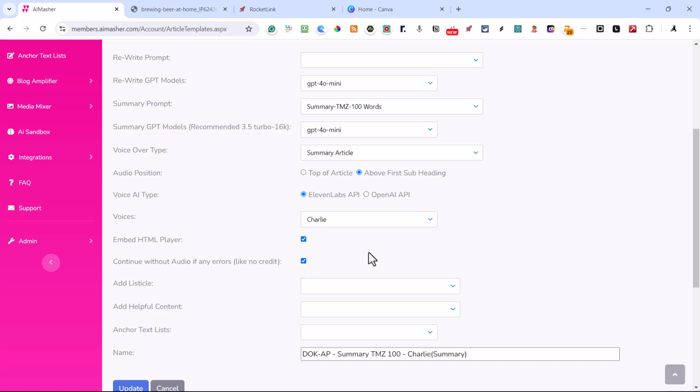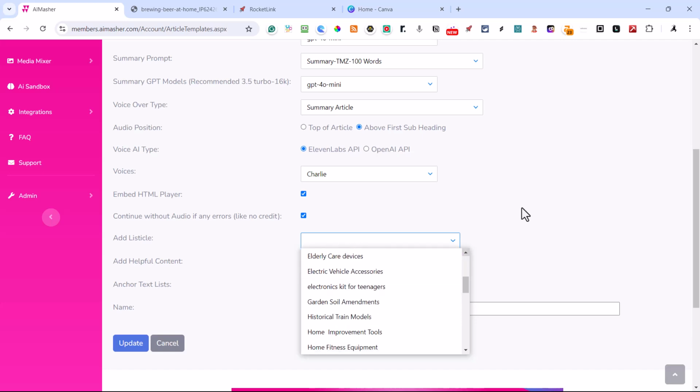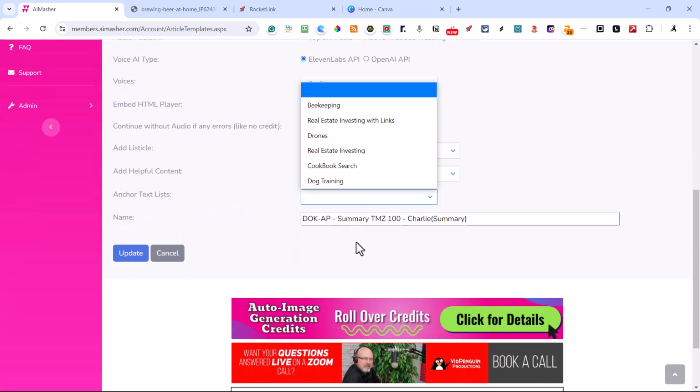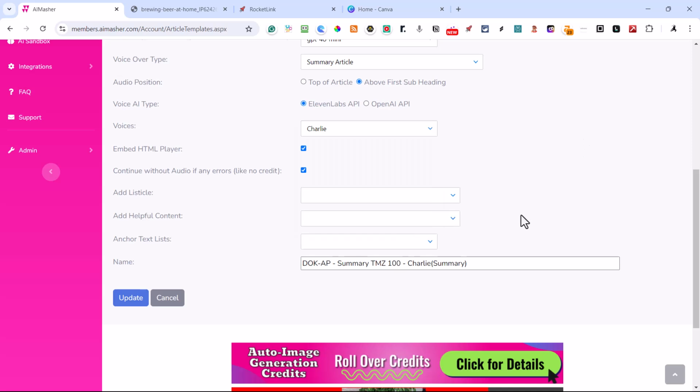We've had this happen. Okay, now this is where you can put in your listicle, and it would go at the bottom. You can put in helpful content. You can choose your anchor text list. You can see I've got dog training, cookbook search, drones, real estate investing. We've got a client that does real estate investing. Okay, so this is the name of it. We suggest the name. You can change it to whatever you want.